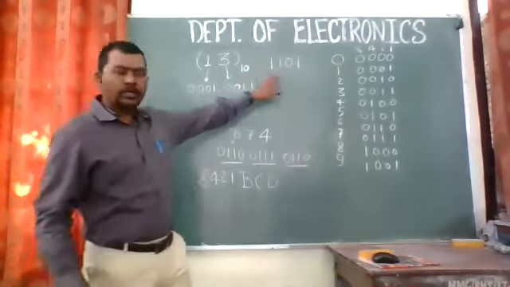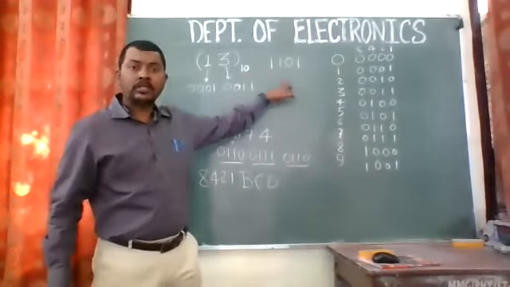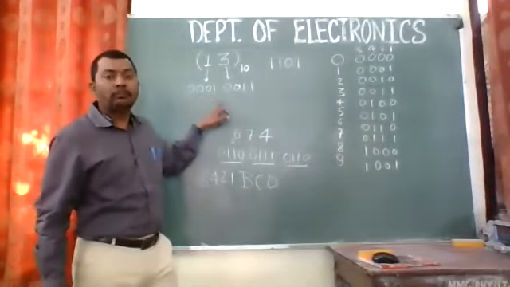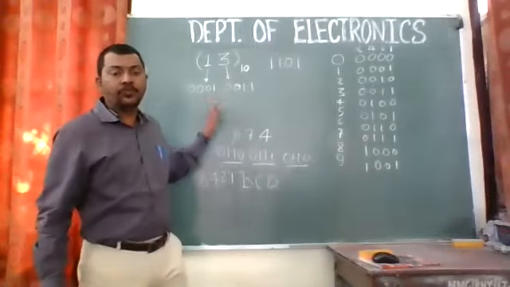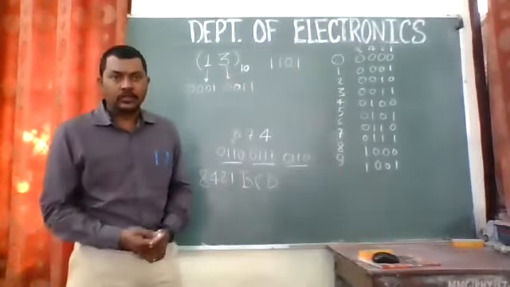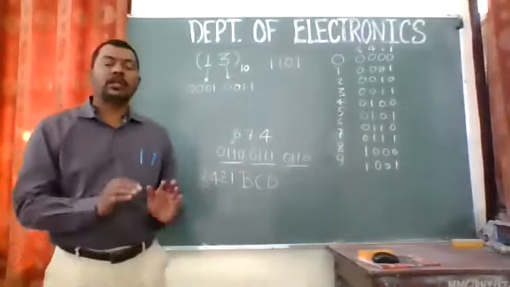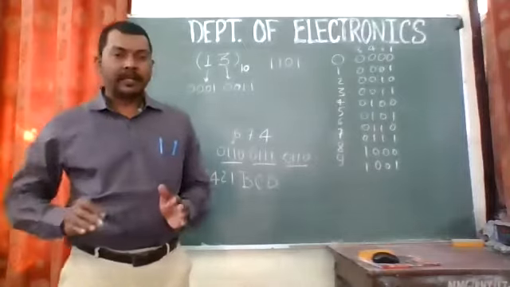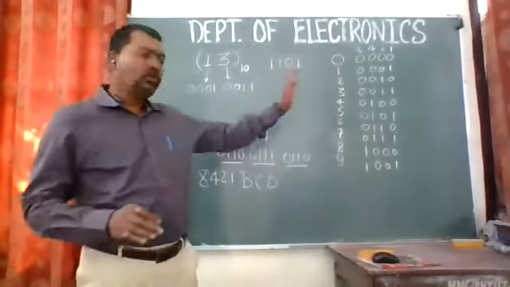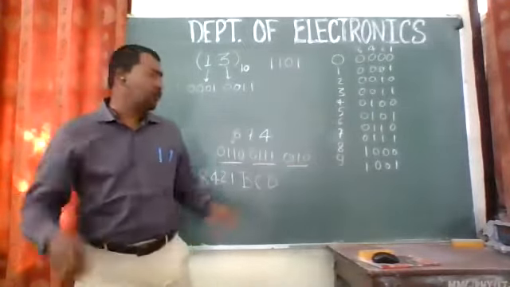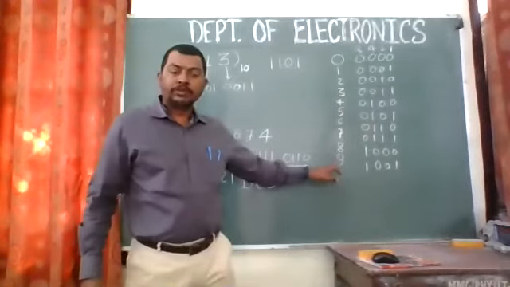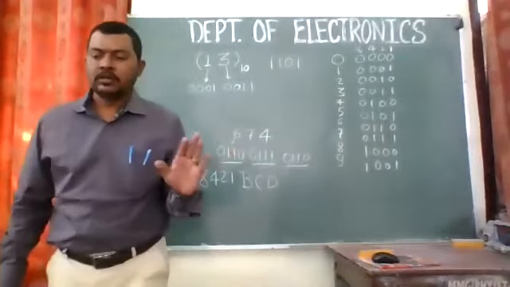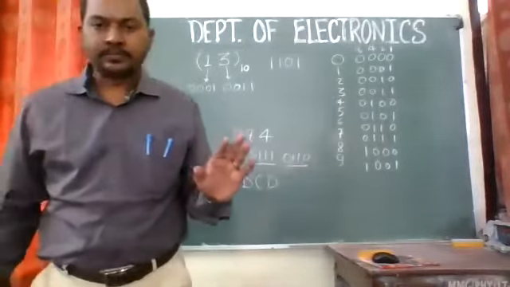What we have done is absolutely correct, but that was for binary, and this is for 8421 binary coded decimal, which we call 8421 BCD code. For a particular digit, we convert each digit to a 4-bit binary equivalent, coded up to decimal only. We will not exceed more than 9. Have you understood? Yes, sir.